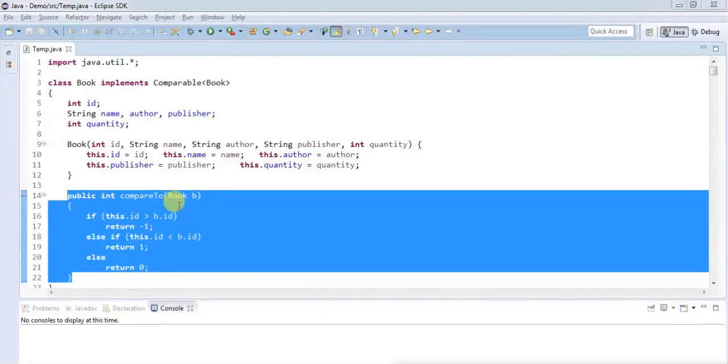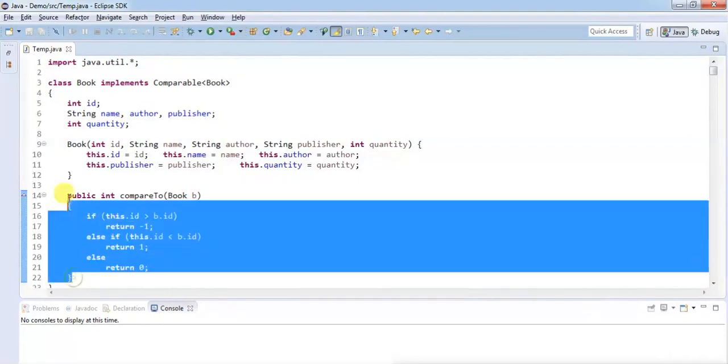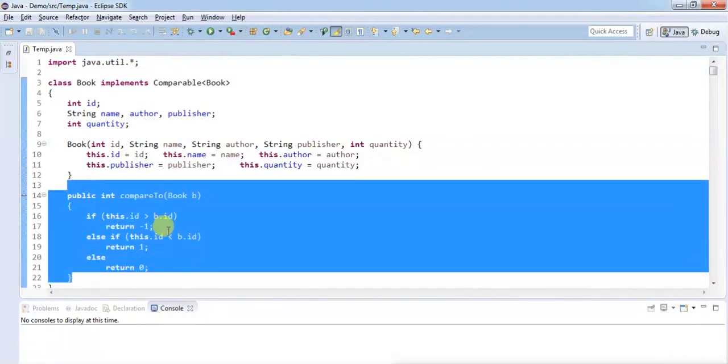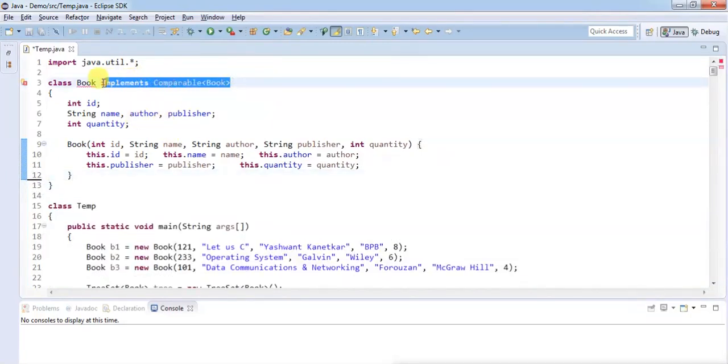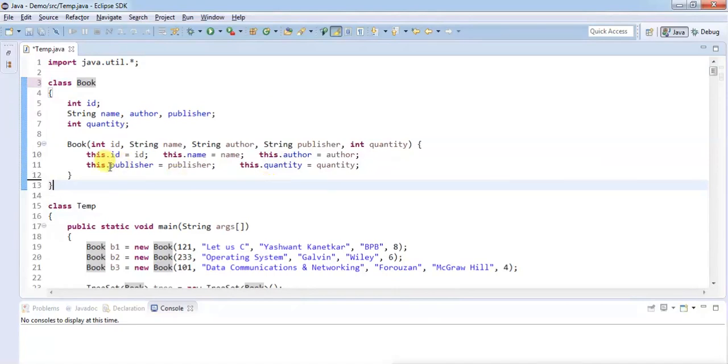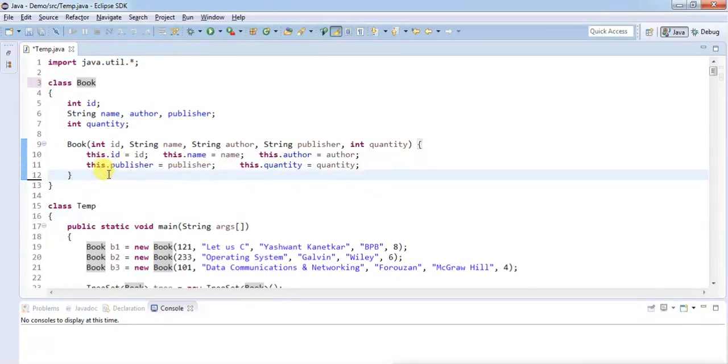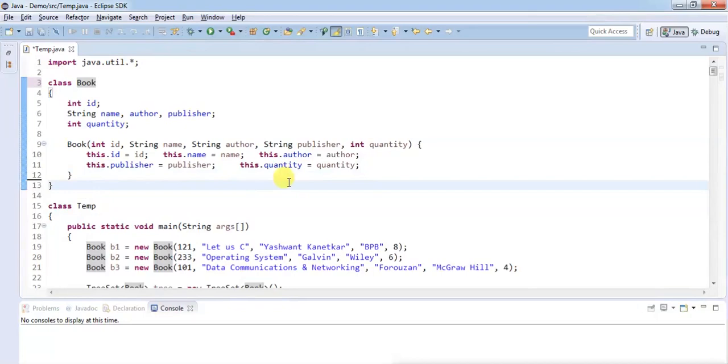Coming back to our previous program, let's say I do not want to provide the comparison logic in my class, and I don't want to ruin my class by providing a comparison logic inside it. So tell me another method with the help of which my class is not ruined by adding the comparison logic here. So there is another method. Let me show you the code.